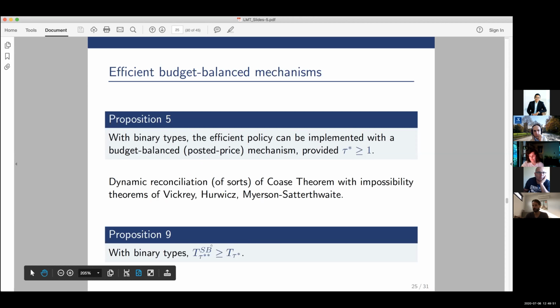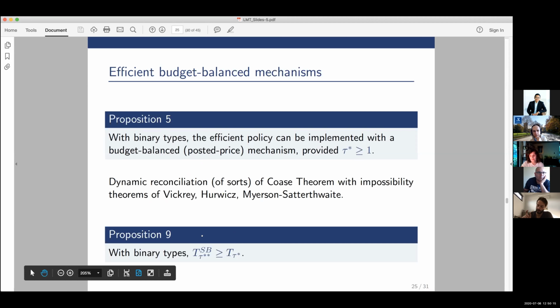Accounting for second best is not going to change anything. But if you do have impossibility in the static binary type bilateral trade setting, then as soon as it's optimal to store one trade, you're better off with the second best mechanism